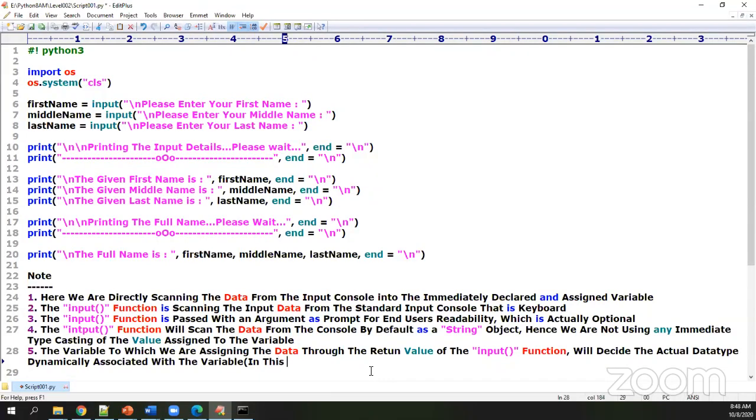In this case, the variable automatically gets allocated as string. Okay, clear?